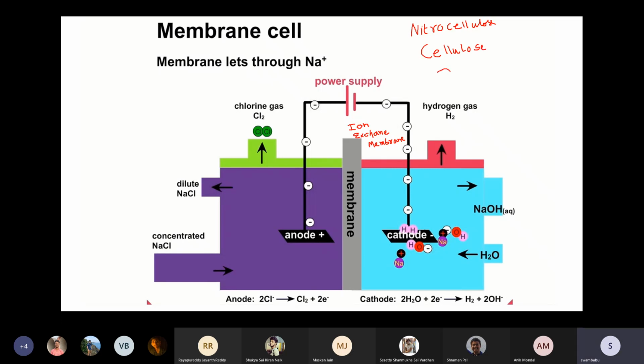If you take the cellulose, let's say this is the glucose chain, you will see that it will have